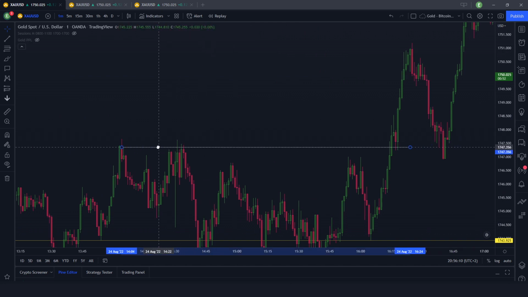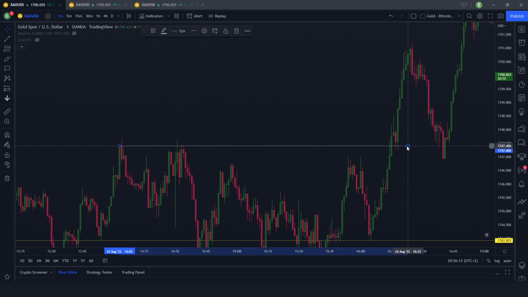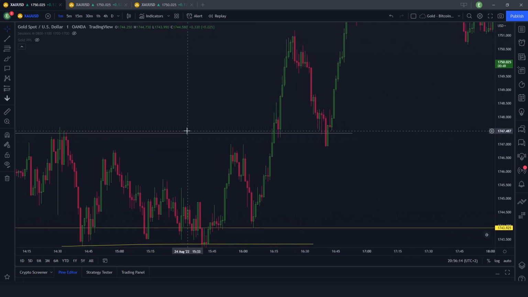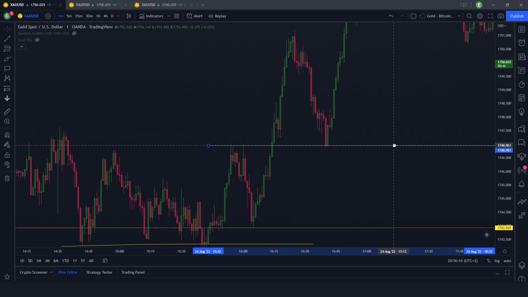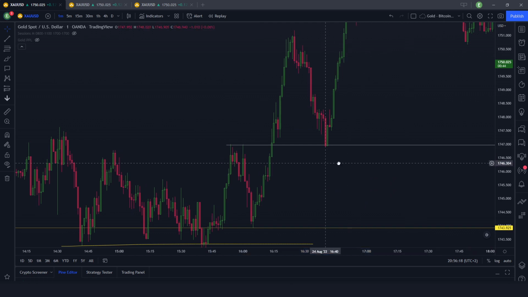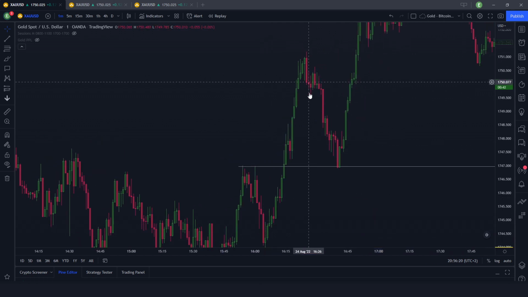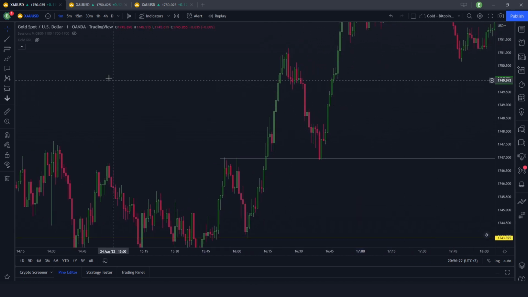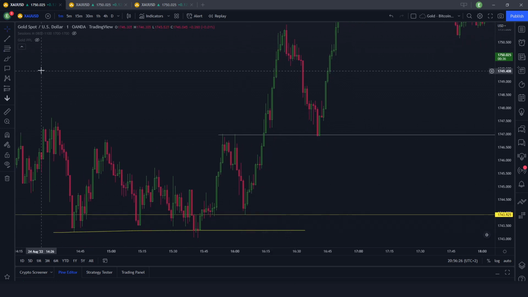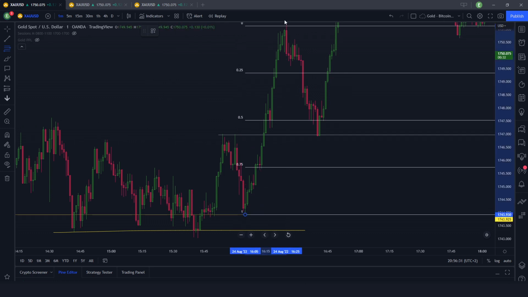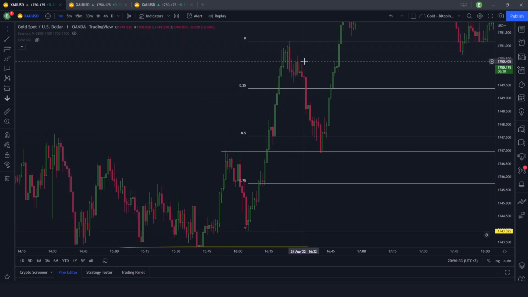What tool do we use from our skill set and tool set that, after an impulse, can give us a better understanding? The retracement tool. So we put the retracement from here till there, the all bullish impulse, and we see that the retracement went slightly